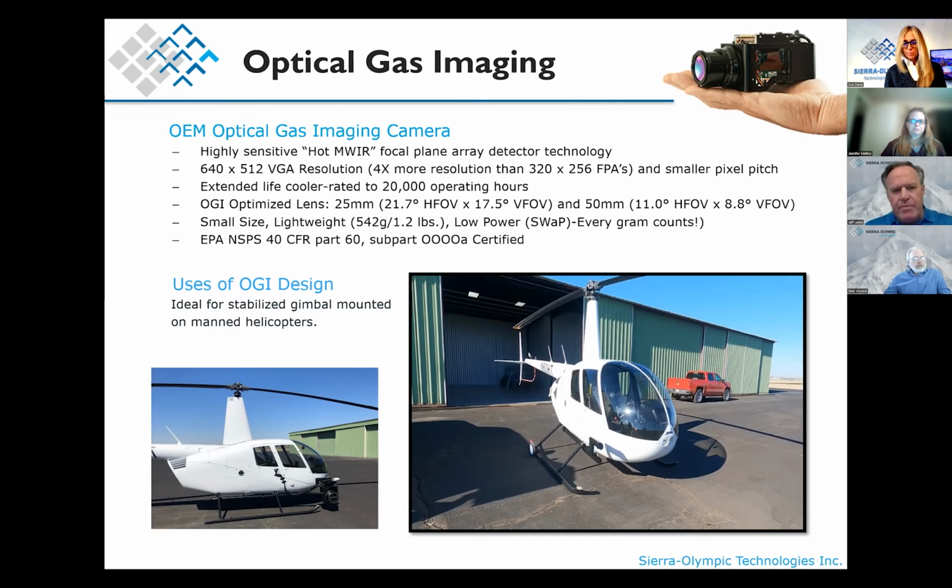In addition, another thing that's happened over the last few years is we've moved from what we call quarter VGA resolution, or 320 by 256, to sensors that are VGA resolution, or 640 by 512. So now you have about 4 times as much resolution as the traditional sensors that have been used in this application for many years. We've reduced the pixel size as well, but maintained the sensitivity. With high resolution, as you'll see in examples of the imagery, the sharpness and clarity of the images is significantly better. That translates into the ability to visualize smaller leaks, or to use the cameras from further distances and still detect these smaller leaks, which is expanding the